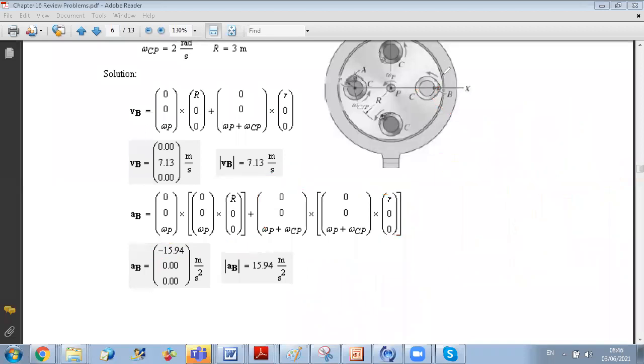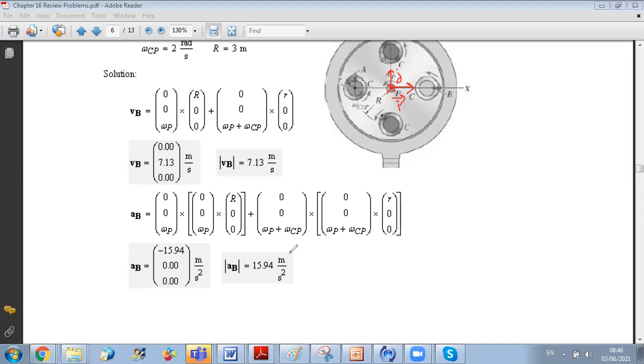So if you want to use another method, as we have seen before, we will take a rotating axis at P. This is small i, small j, and we will write now the rotating axis formula, general formula, to get the acceleration of point B. Okay? So to start with,